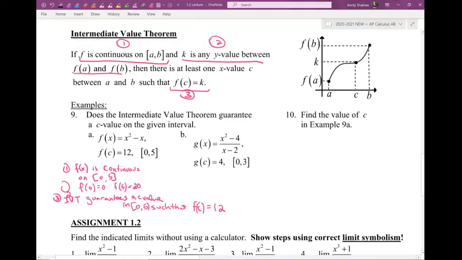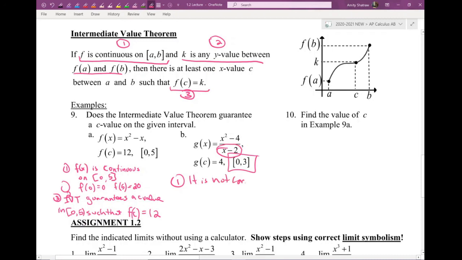Okay, so the next part is where I have been given g of x, and I'm looking at something that I know is quite easily factorable, and I'm feeling pretty good about simplifying that equation if I needed to. But let's see. Before I factor, I should recall that there is a hole at 2, which is definitely inside of this interval. So part 1, I will say it is not continuous